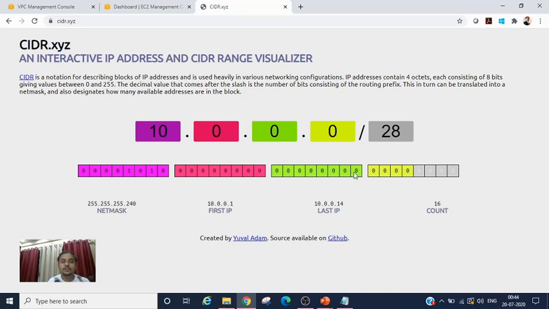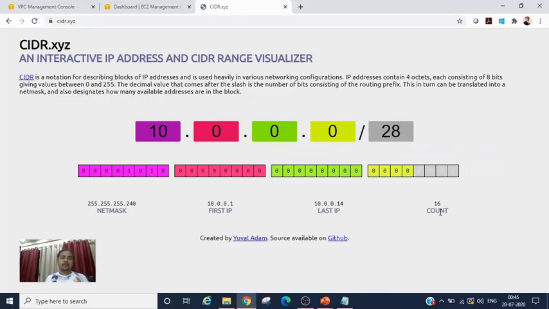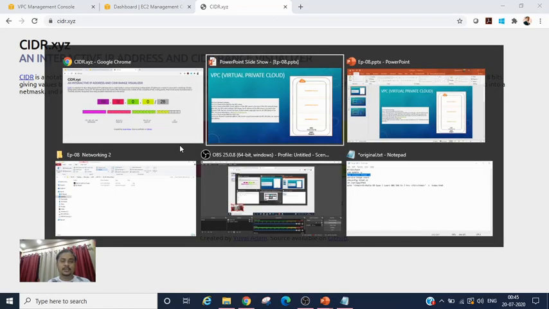However, what I wanted to show you is, if you choose this CIDR block /28, you are going to get 16 IP addresses, and out of that AWS will reserve 5 IP addresses. So AWS by default will take 5 IP addresses, so that you will be getting 11 IP addresses. This cidr.xyz website will help you understand how these things work. So let's go directly to our